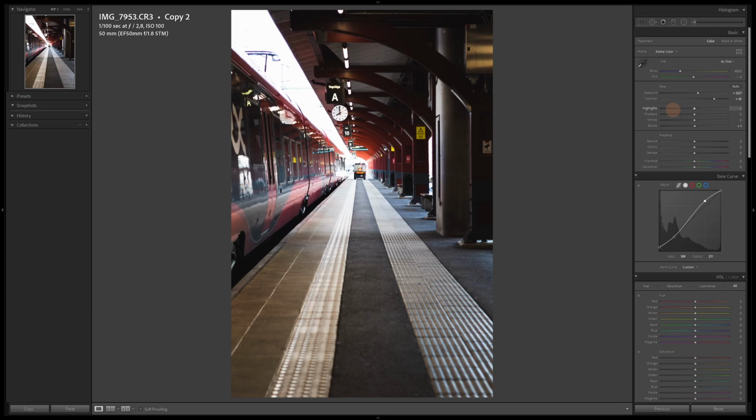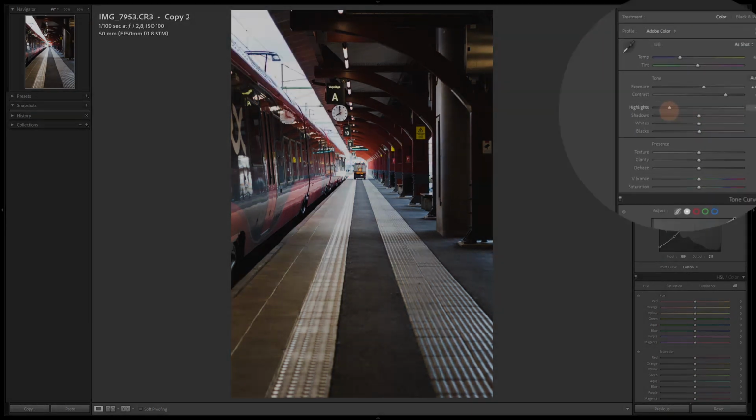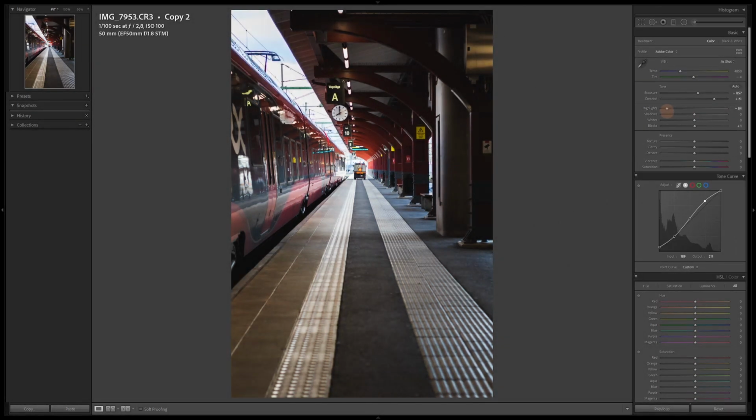Here's a small tip for you. If you press J on your keyboard, you are enabling clipping. That way you can see where the image is over and underexposed. I'm gonna take down highlights to around -84. Shadows I'm gonna increase to around 40. We are dropping whites to around -70 or even, let's go, -77, and I'm increasing blacks to around 40. Look at that, it's already starting to look much better and closer to what we want.